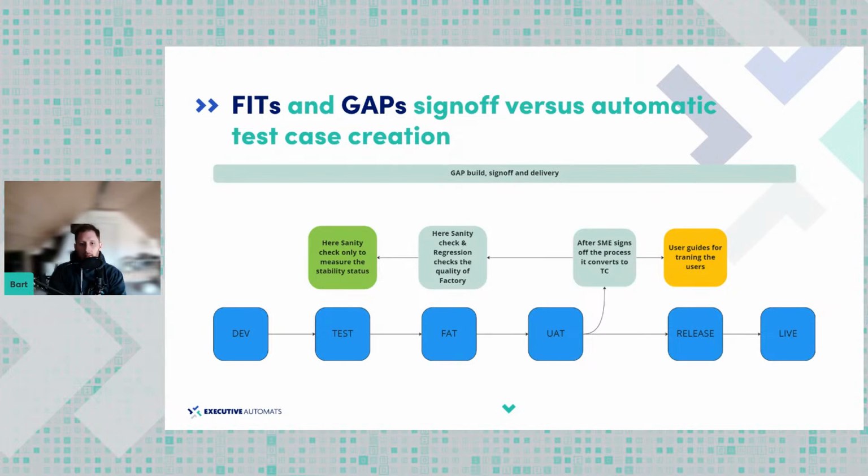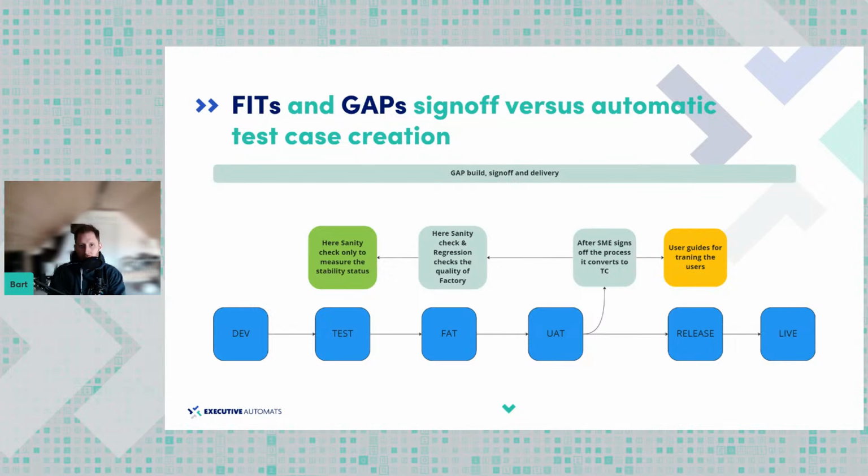These fits can be graded by criticality, so which are the most important ones, and they can be out of the box after analysis. They can be converted to test cases. So even if you haven't done many UATs or the real deployment yet, or you are not deployed with your final version of Dynamics, you're able to build your test cases. And also, if you've got test cases for fits, you'll be able to convert them to documentation. You'll be able to benefit from the task guidance. So when you start onboarding users, you are able to use the test automation in